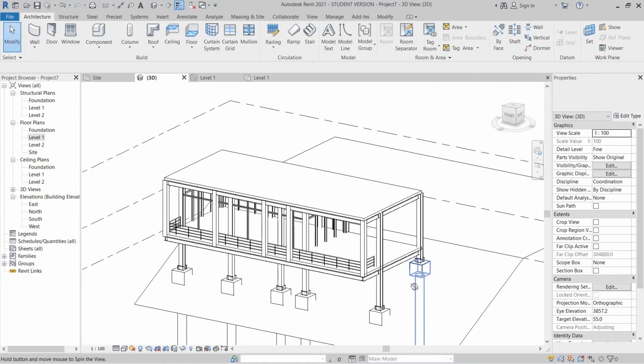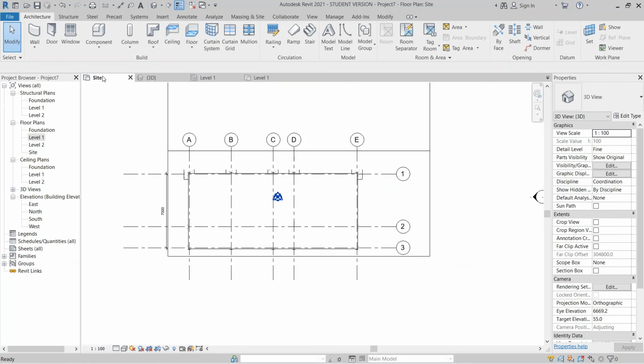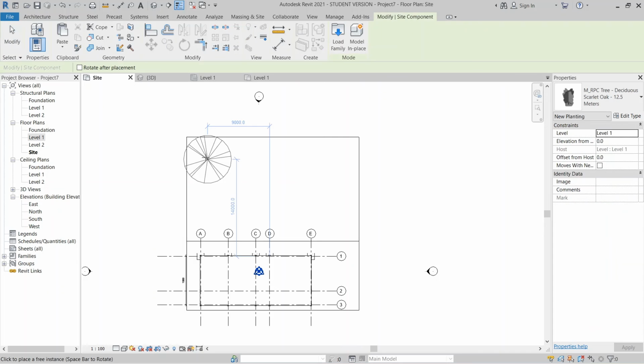Okay, I forgot one, we need to add another tree behind there. Go to my site plan here, sorry about that. Go to site plan. Okay, I just simply add like this one.